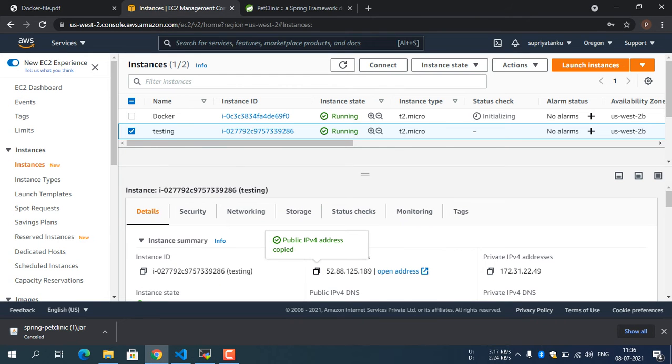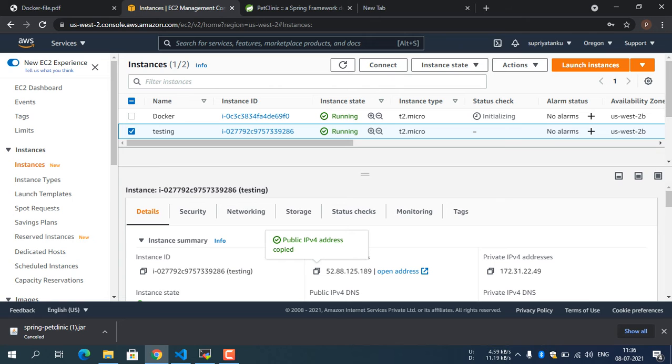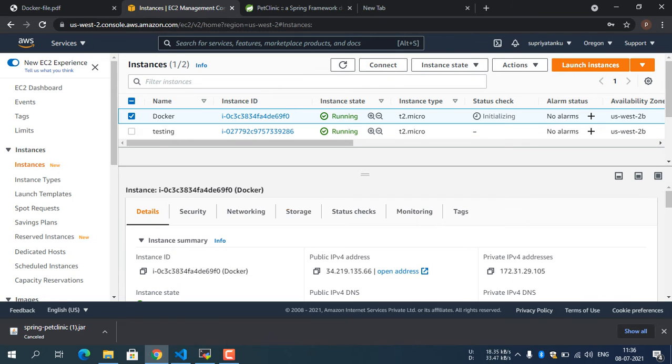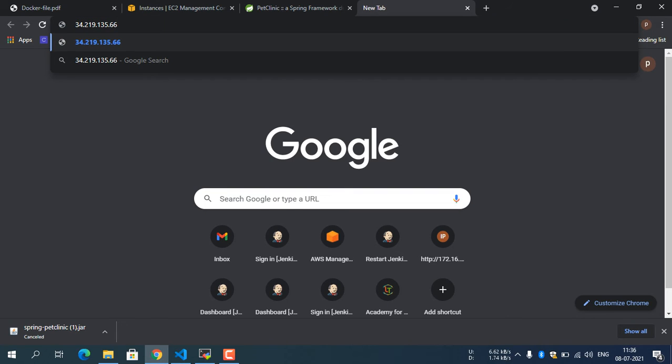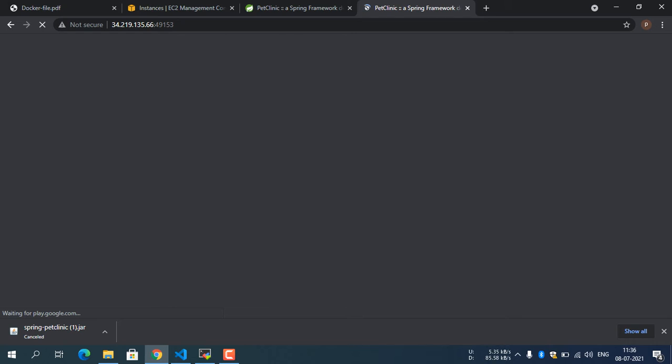Just copy this public IP. Sorry, you have to take the Docker machine's public IP. 49153, right? Yeah, you can see the container is running. The Spring Petclinic application is running.